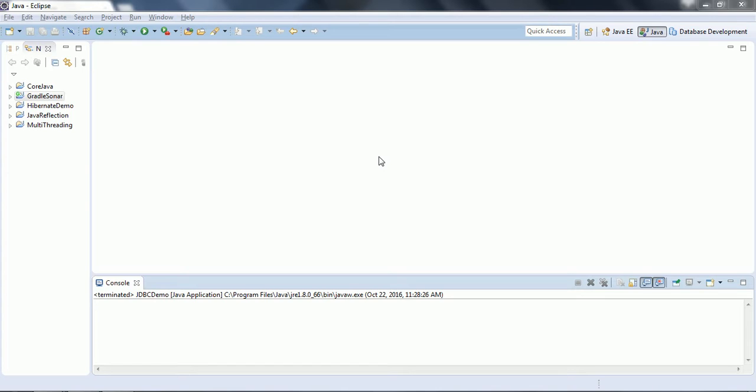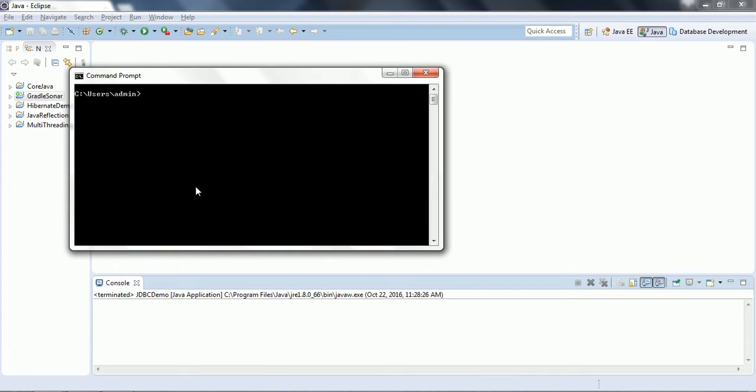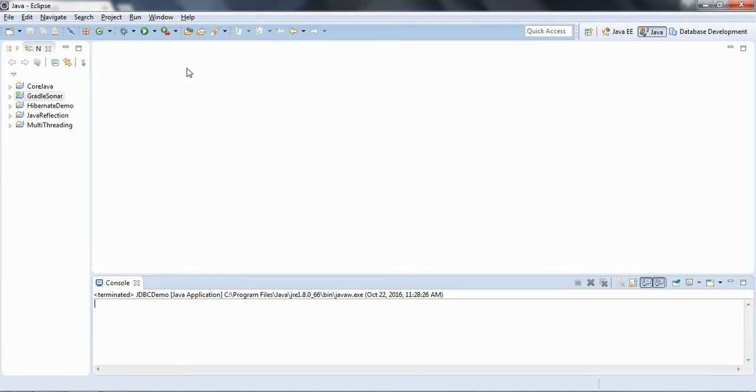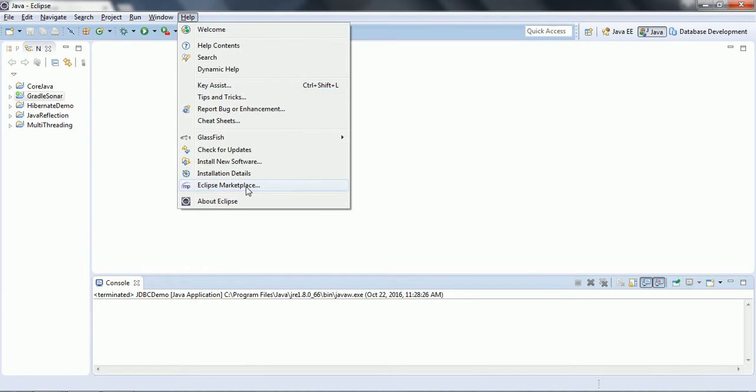So the first step is we need to add the SonarLint plugin for Eclipse. In order to add it, you need to make sure that you have the latest version of Java installed on your computer. So make sure that you have installed Java 1.8 before you proceed with this session. Once you install Java 1.8, open Eclipse, go to Help, and here click on